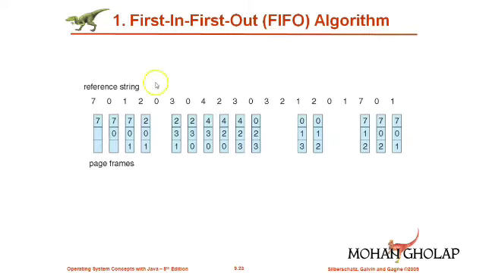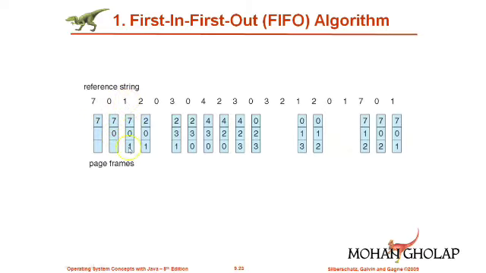Here we will directly consider an example. We consider the reference string as given here, and we consider the process having only 3 frames. At a time only 3 pages can be in use. As we saw, the reference string indicates the page number which is visited. So 7 means we have to load page number 7. Initially all the 3 frames are empty, so we load 7 here. After that the next page is 0, so after 7 we load 0. The next page is 1, so after 0 we load 1.